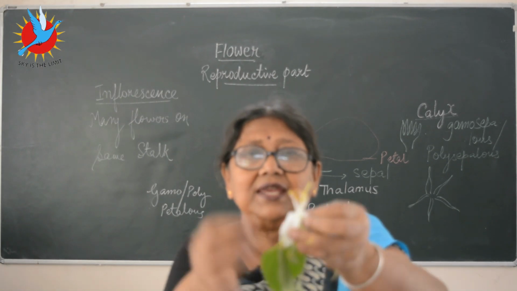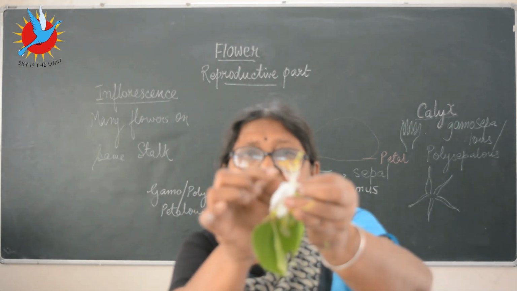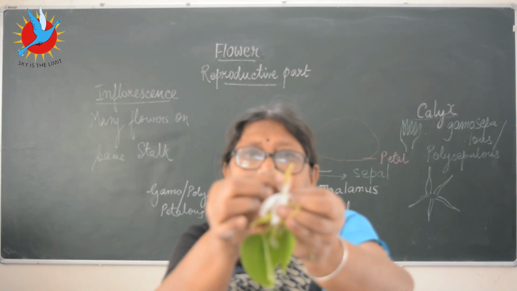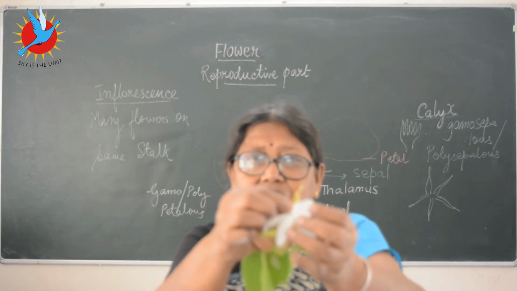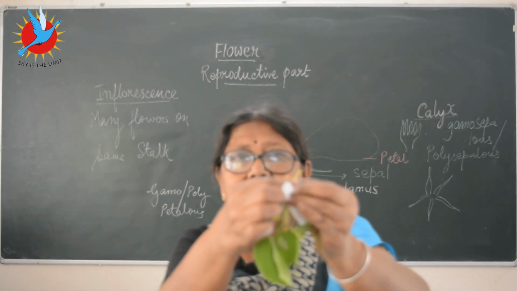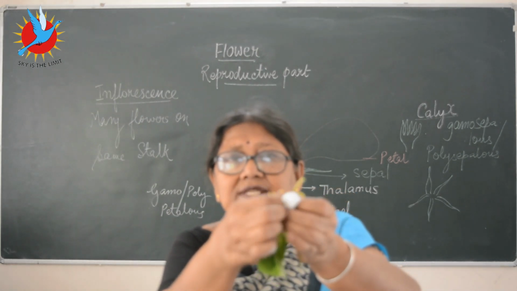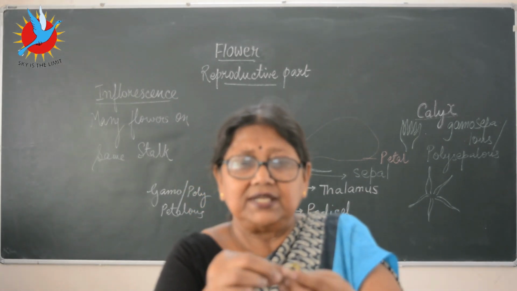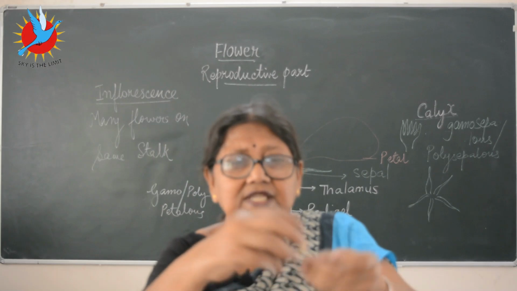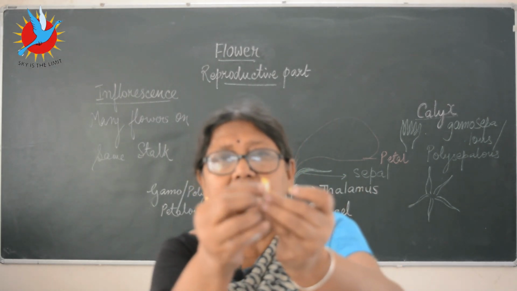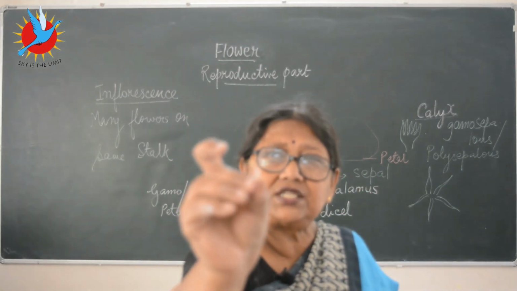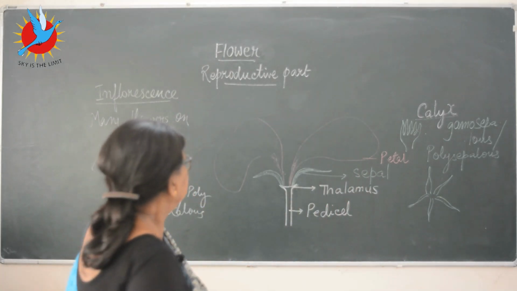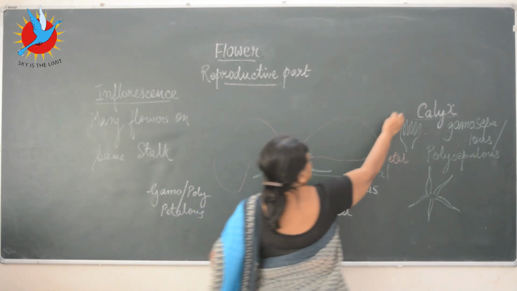Can you see the yellow heads and the white little filament? Can you see this yellow white stalk and this yellow head? This is the third whorl. I'll separate it out from here, leaving the center whorl, because I said there are 4 whorls. So I'm taking out the third whorl from the flower. This is the third whorl. This one. You can see this is the whole whorl, but individual structure is this one. Can you see that? So this whorl is called third whorl. This is the first one.